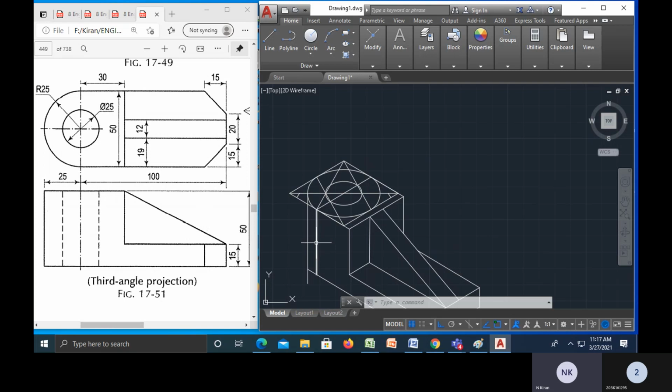Right. Now trim up all the lines which I don't require. And delete.